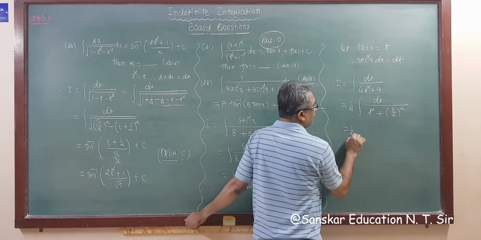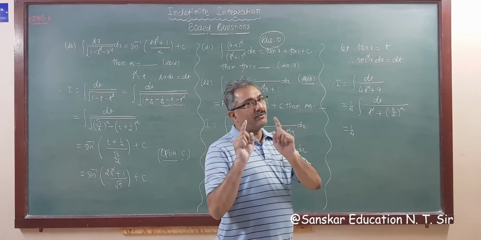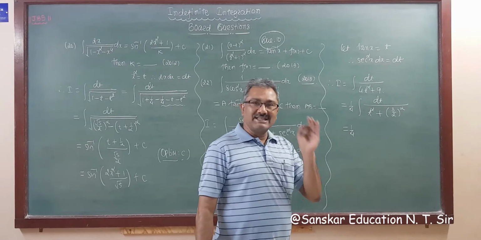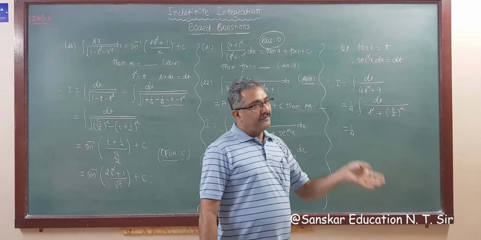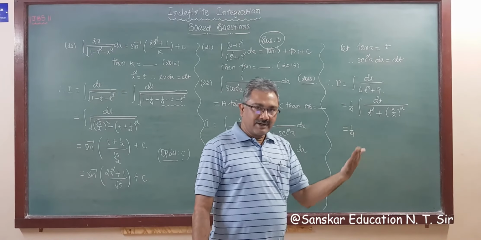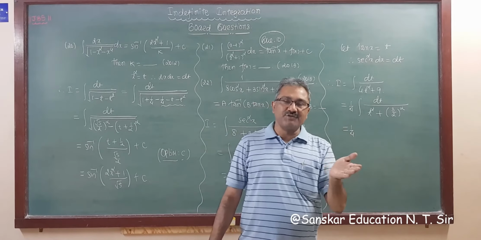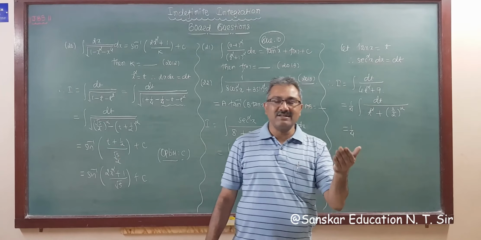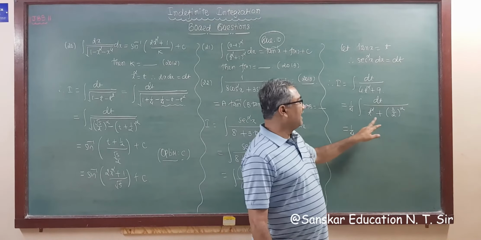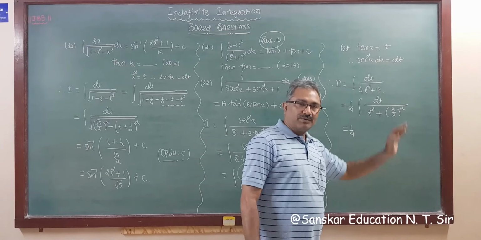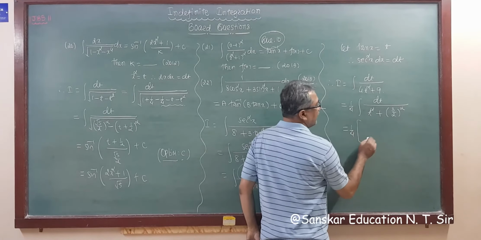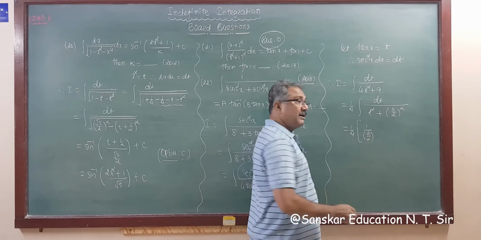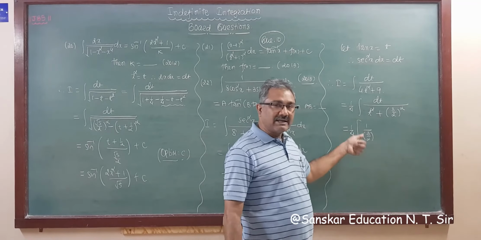So 1 upon 4, we are solving MCQ, that's why I am not writing all formulas, I am only dictating a formula. So you have to listen carefully and apply that formula. If you don't know, then keep a formula list with you and find out which formula is applicable, and apply according to that, as I told you. Okay? See, now 1 upon a is 3 by 2. Otherwise, I am applying similarly, just not writing the formula directly.